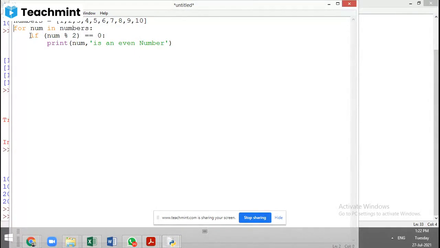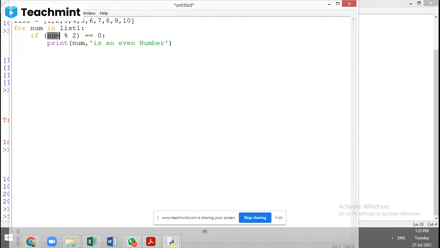It has 1, 2, 3, 4, 5, 6, 7, 8, 9, 10. Total 10 elements are there. I'm checking over here for num in numbers, means is there any number? Okay, I'll change the name of the list to list 1. So it will check for num in list 1, whether any number exists in the list or not. When it starts searching, the first element it will search is 1.